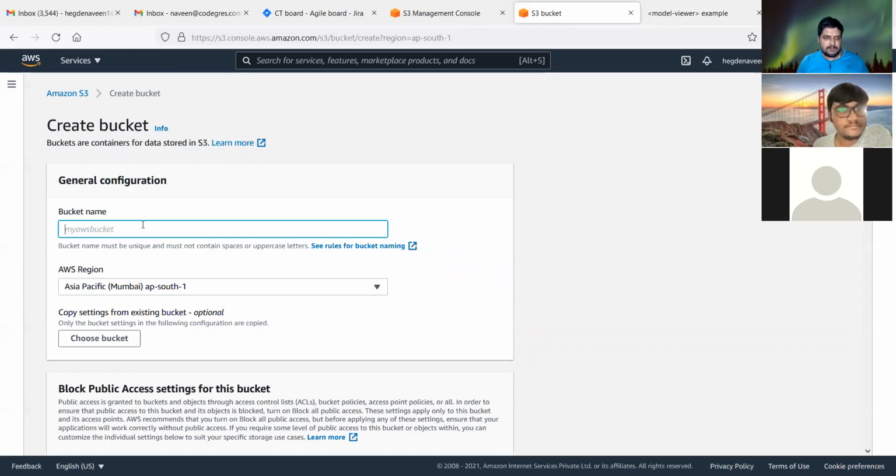So assume you have a bucket named testing2.codex.com. This bucket name should be the same as the domain name or the subdomain name.